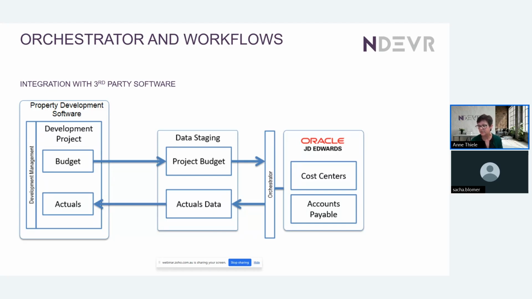The integration software requests the AP information from JD Edwards. JD Edwards then goes to AP, accounts payable, gathers all the stuff together, including the payment information and everything, and sends it back to the property development software. So that way, the two systems are kept in sync all the time, which is really quite a bonus, because